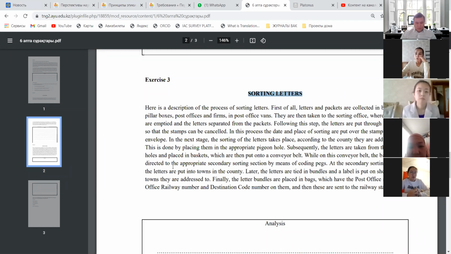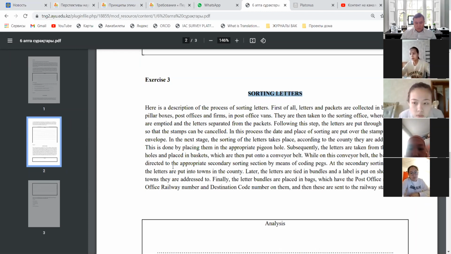Sorting letters. Here is a description of the process of sorting letters. First of all, letters and packets are collected in bags from pillar boxes, post offices, and firms in post office vans. They are then taken to the sorting office where the bags are emptied and the letters separated from the packets. Following this step, the letters are put through machines so that the stamps can be canceled. In this process, the date and the place of sorting are put over the stamps on each